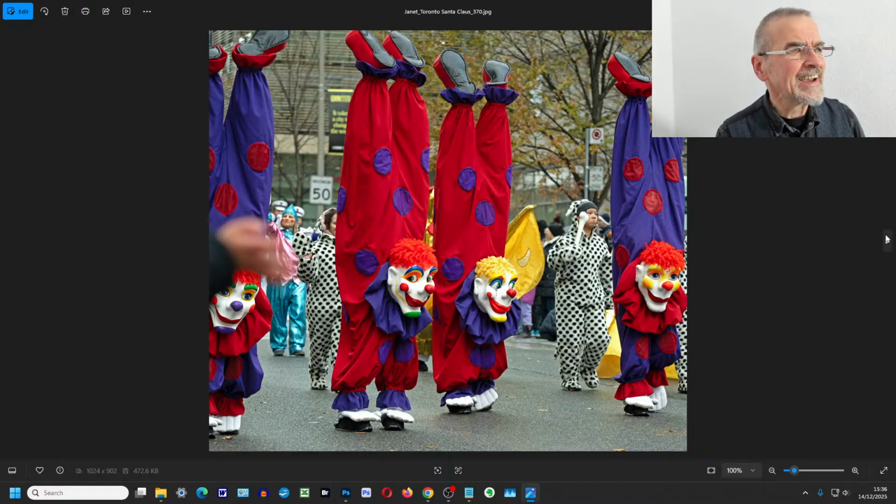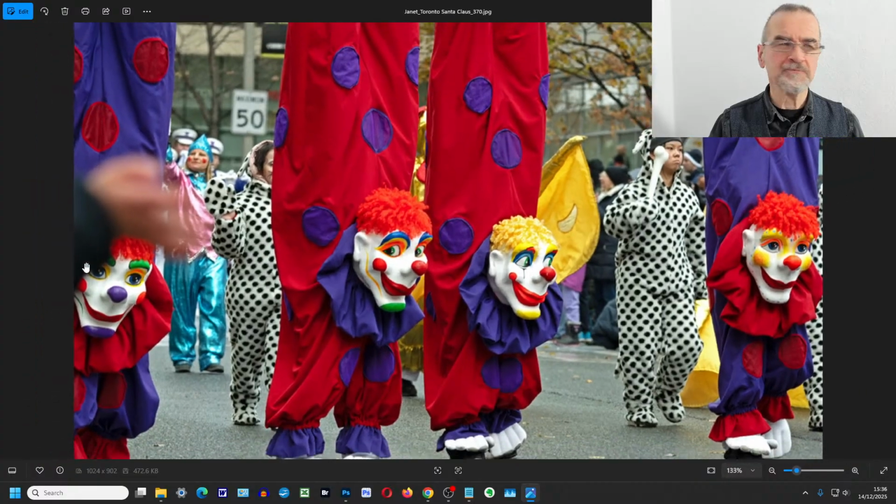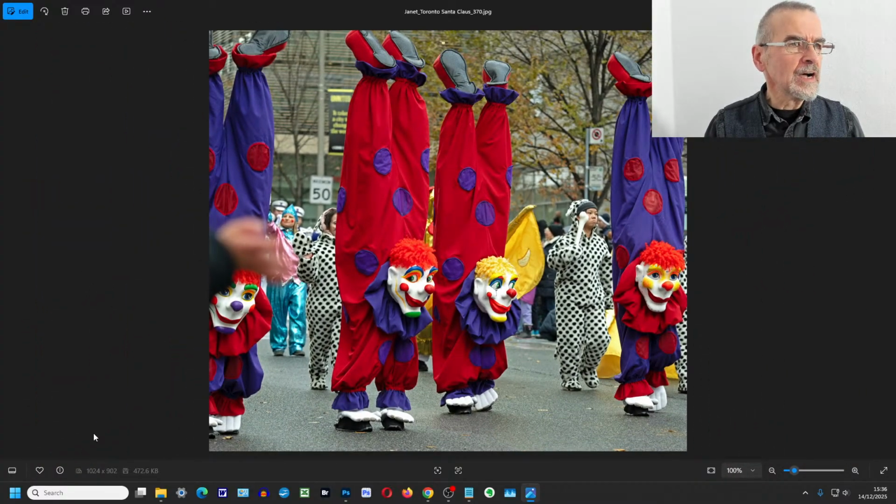She goes on to say, in this case, I wanted to show the whole costume and the group of 6 clowns, but the group shot seems just less interesting for some reason. Obviously, someone's hand got in the way, which you can see over here. And I probably should have cropped out the left clown, but I wanted to show that I got all 4 in the frame.